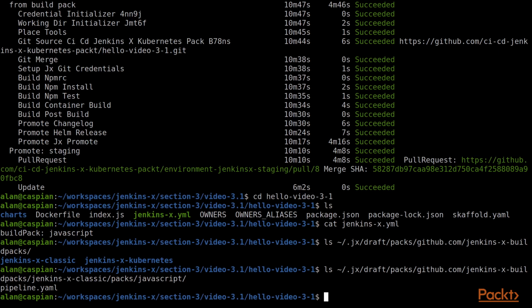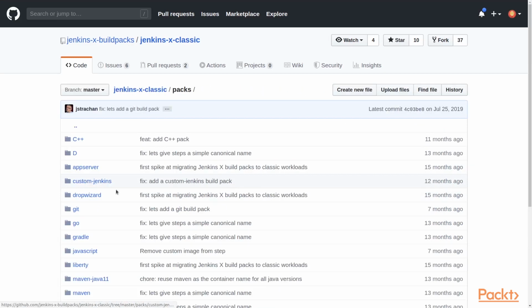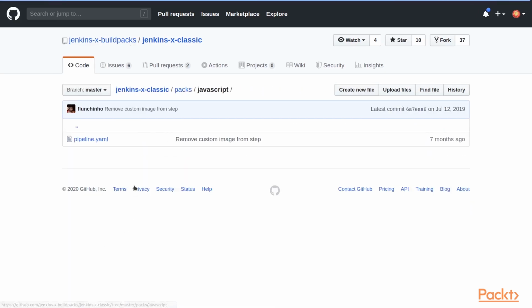And yes, I do. Obviously, because these are on GitHub, we can just go straight to our browser and we can look at them that way as well. So let's go ahead and we'll do that. So here we are looking at the repository that contains the build packs we saw on the file system. It's in the Jenkins X build packs organization, and the repository is called Jenkins X Classic. If we click through to the packs directory and then JavaScript, we see that pipeline.yaml file that we saw on